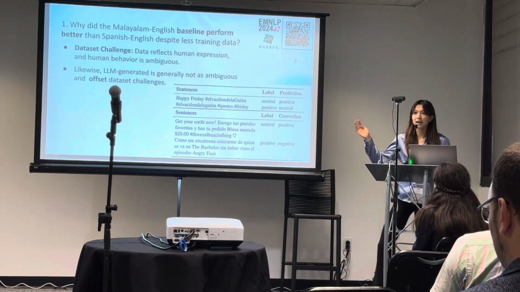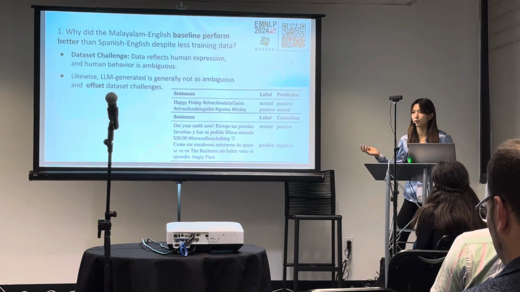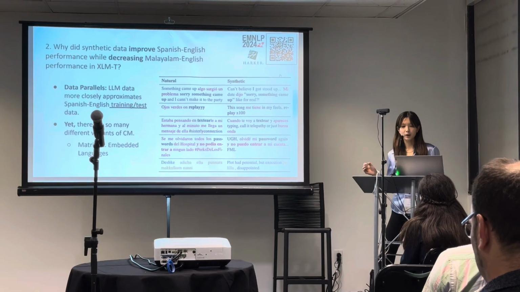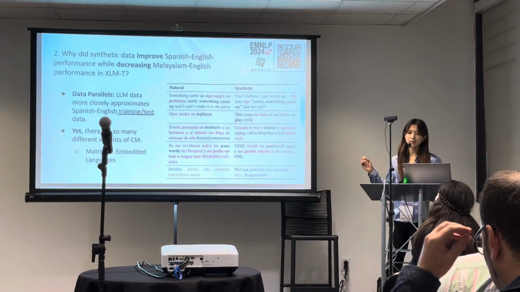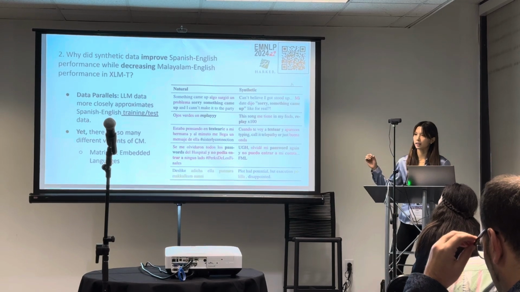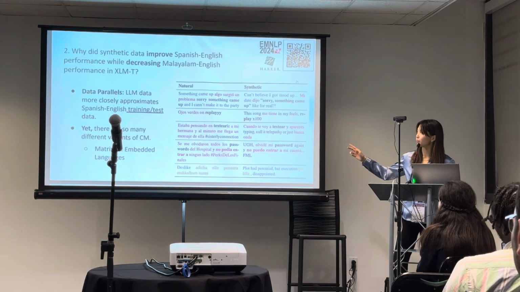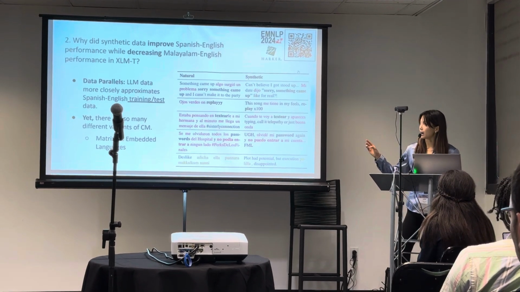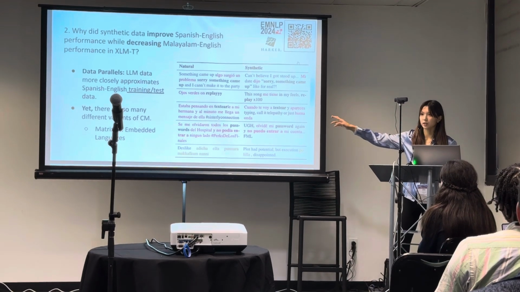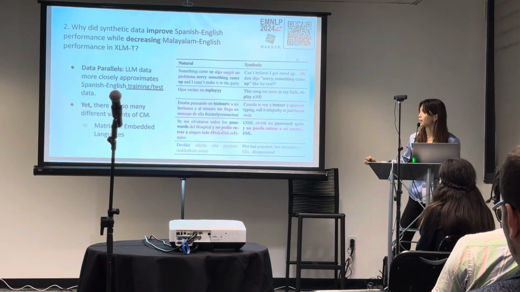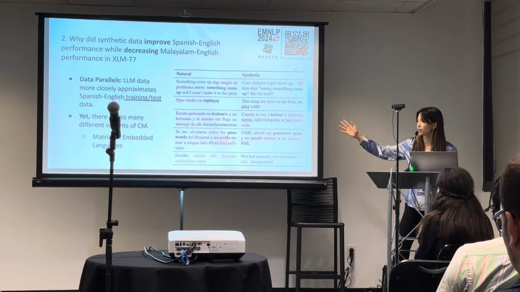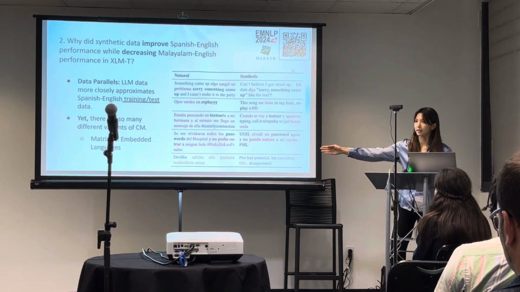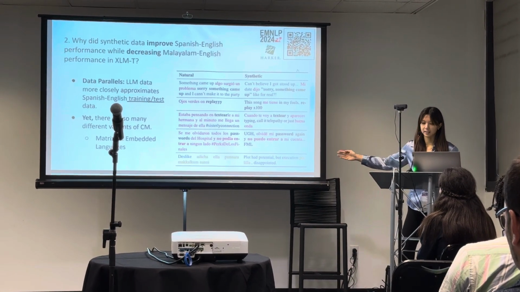Right, and the other thing is LLM-generated data generally has more accurate labels, so it can offset these challenges. Regarding the second question, this is all about how close the synthetic data can approximate the natural data. In Spanglish, we can see that both syntactically and semantically, the synthetic and natural data are very similar. They both use the same Spanish-English hybrid words like "text them," and they both generally contain the same amounts of each language. On the other hand, in Malayalam, there's often a lot of Malayalam in the natural data, whereas there's a lot of English in the synthetic data.